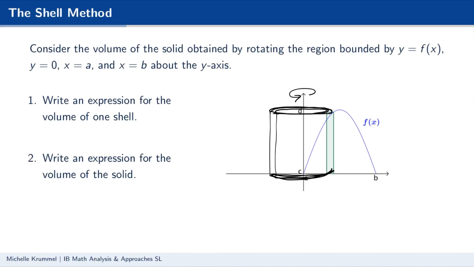And we want the lateral surface area, this lateral surface area here of our shell. And the lateral surface area of a cylinder is 2 pi radius height. 2 times pi times radius times height. So we have 2 times pi times the radius, and now the radius of this cylinder would be this horizontal distance right here. So the radius, that horizontal distance. What is that horizontal distance? Well, we know for horizontal distance, we take the right x value minus the left x value. So the right x value,